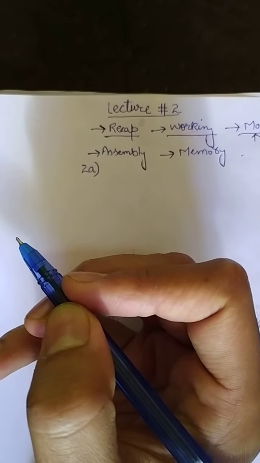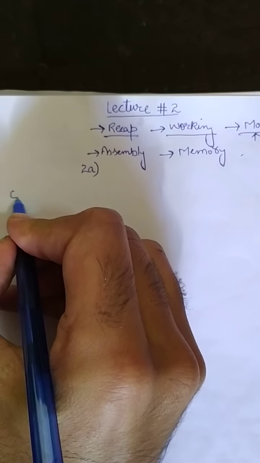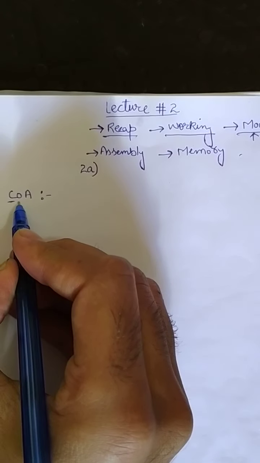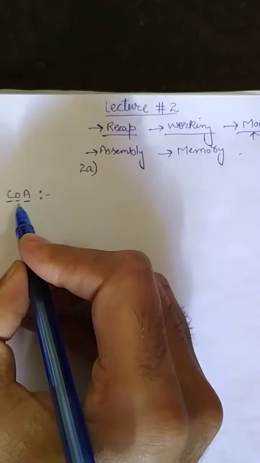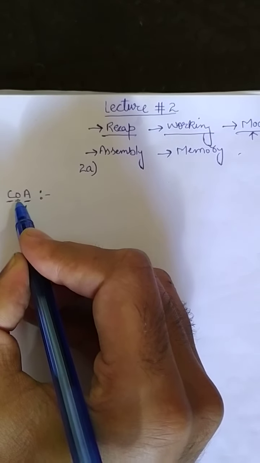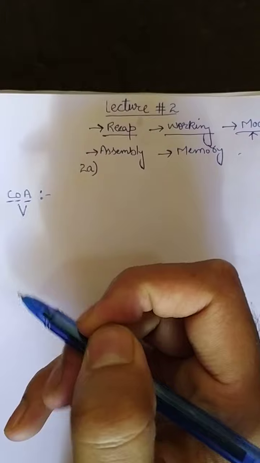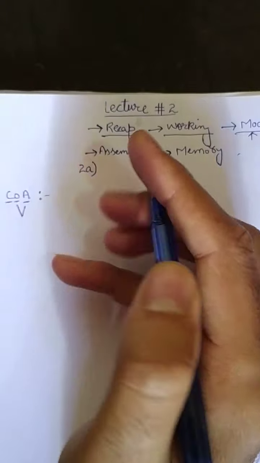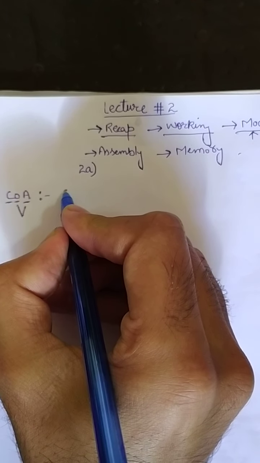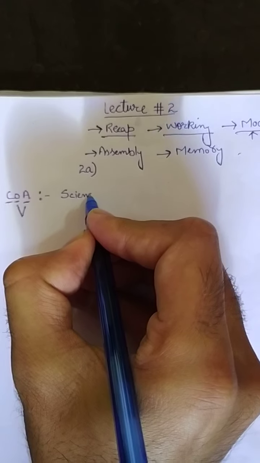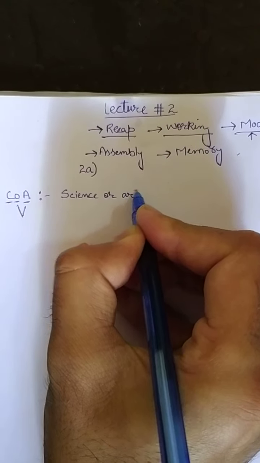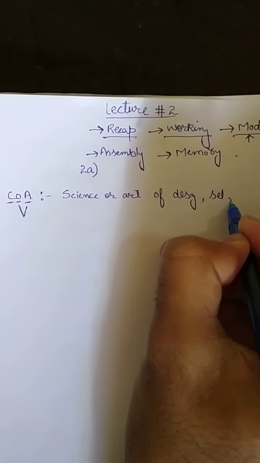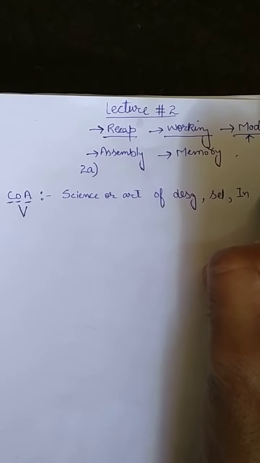So first of all, let me recap the definition of computer organization and architecture. Here we have three terms: computer, organization and architecture. Let's first focus on organization and architecture. What do we mean by them? As we have discussed in the previous lecture, the science or art of designing, selecting and interconnecting hardware components,